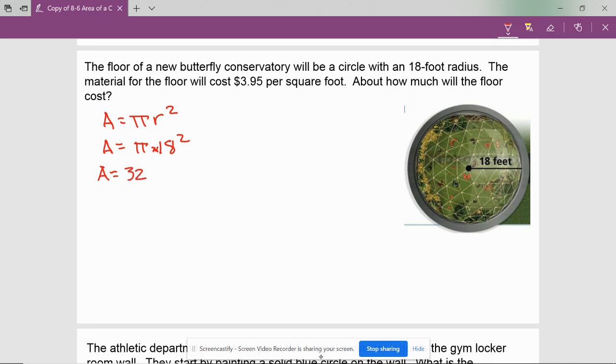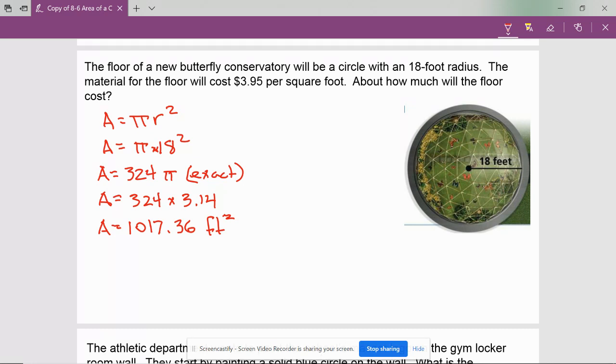So 324 times pi, which would be our exact number, by the way. 324 times 3.14 is going to give us an area for our circle of 1,017.36